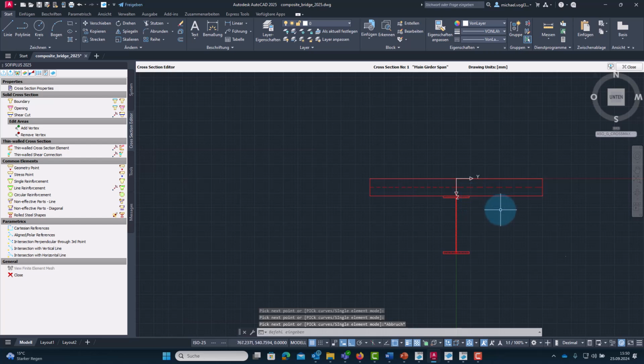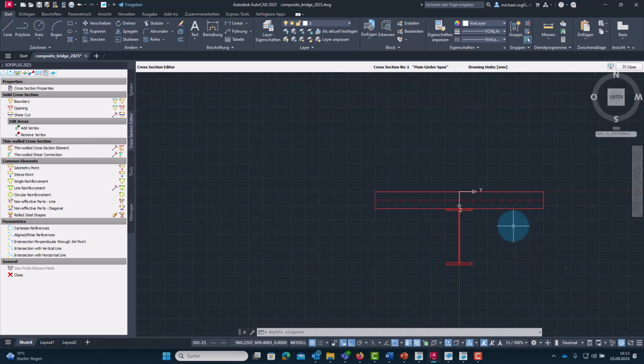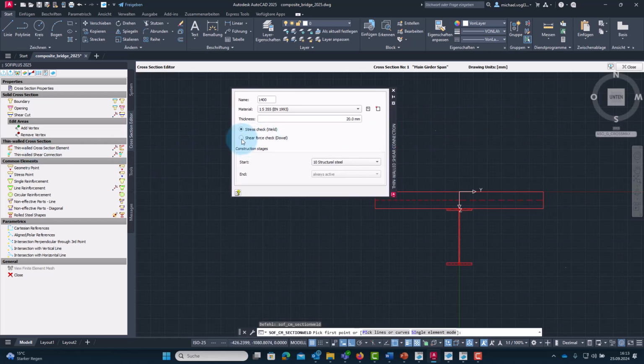Okay, that's it so far. For the calculation of the shear distribution in the cross section, it is important that the thin walled elements are connected to one another at their start, respectively endpoints. This connection is still missing between the concrete and the steel elements. To solve this, we define a shear connection of type dowel. We can also give it a name. And as material, we choose the structural steel material that we already defined for it.